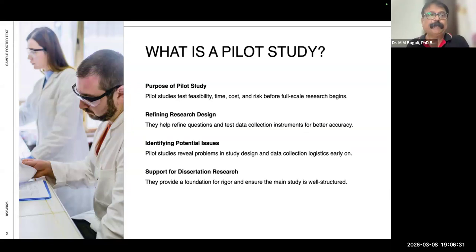One is your approach, when you go and meet your sample, what would be the best appropriate questions that I have to ask, because the quality of the questions will decide the quality of the outcome. The appropriateness of the question decides the appropriate response.